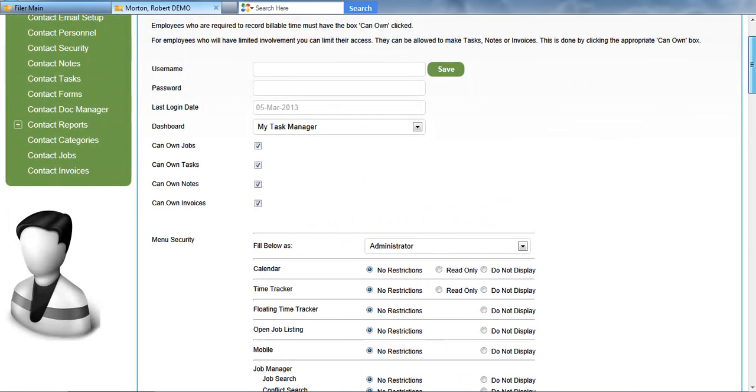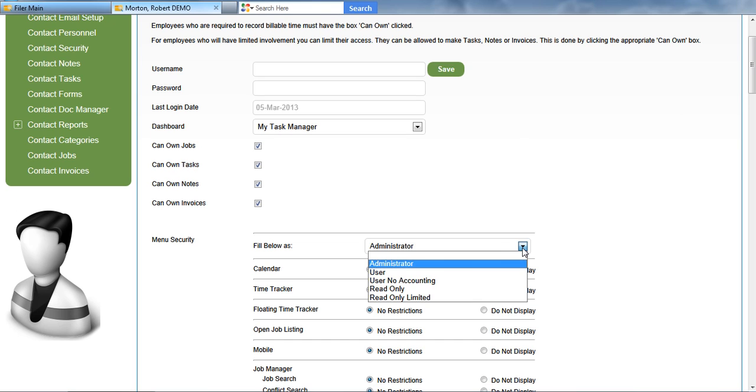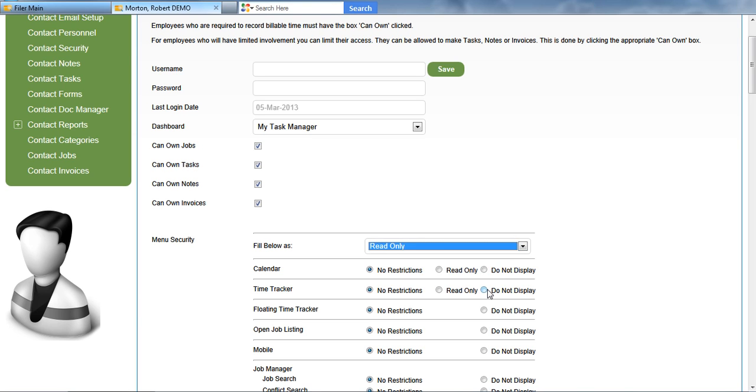What we would suggest, some users like to have their outside clients come in and view their files directly. In this case, we could select the read-only option. This is going to make read-only quite a bit of the software. Again, if you were going to give outside access to a client, what we would recommend you do is you